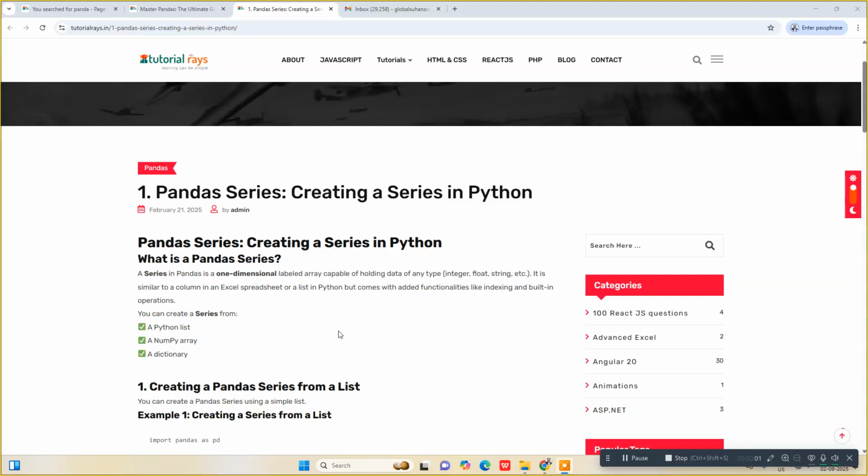Welcome back to this tutorial, and guys, you are learning pandas. This is chapter number 1, where you will learn how to create series in Python. In this chapter, chapter number 1, you will learn how to create